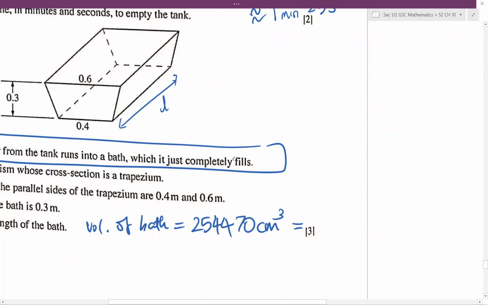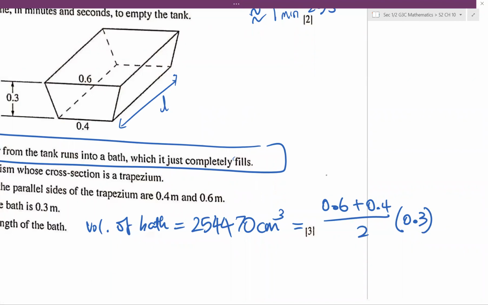What is the formula for area of a trapezium? A plus B divided by 2 times the height. Okay, correct. So what is your A and your B? 0.6 plus 0.4, then divided by 2, then you say times your perpendicular height, right? What is the perpendicular height? 0.3. Okay, then now that we have an expression for the base area, what do we do next? So it says that this is the base area of the tank. Okay, what do we do next? Volume, base area times